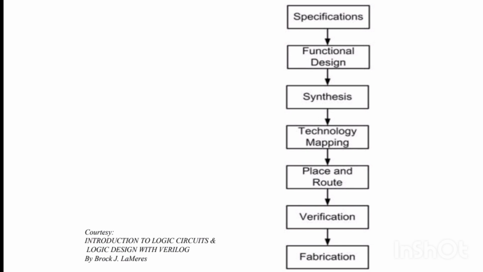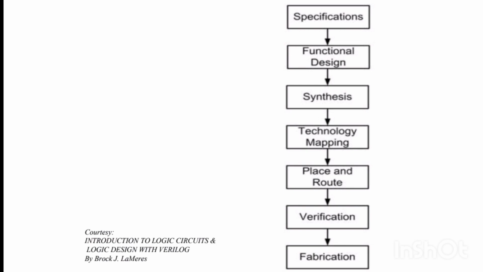In the first step, that is specifications, one should state the desired behavior of the design using broad high level specifications. The second step is functional design, and in that one should describe the high level architecture of the design. For example, block diagrams for input or output, then subsystems, and generic behaviors such as truth tables,